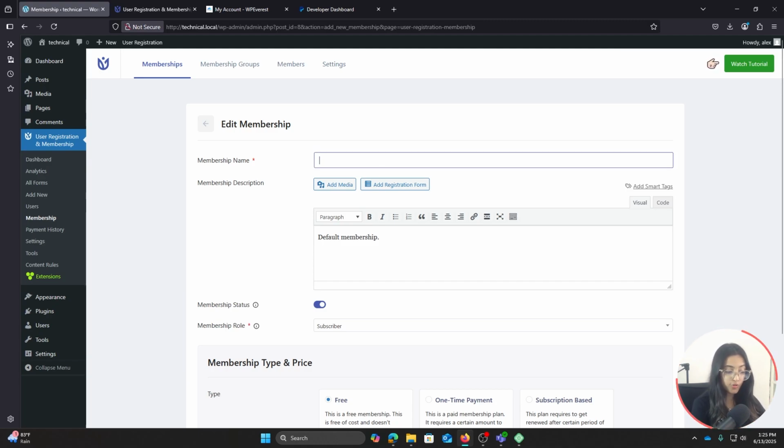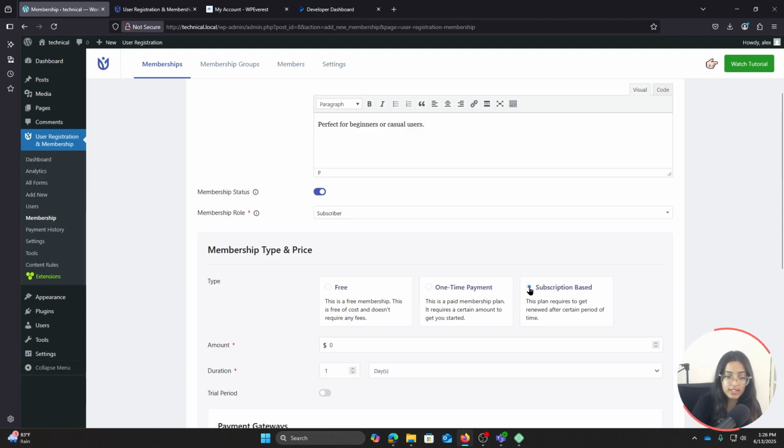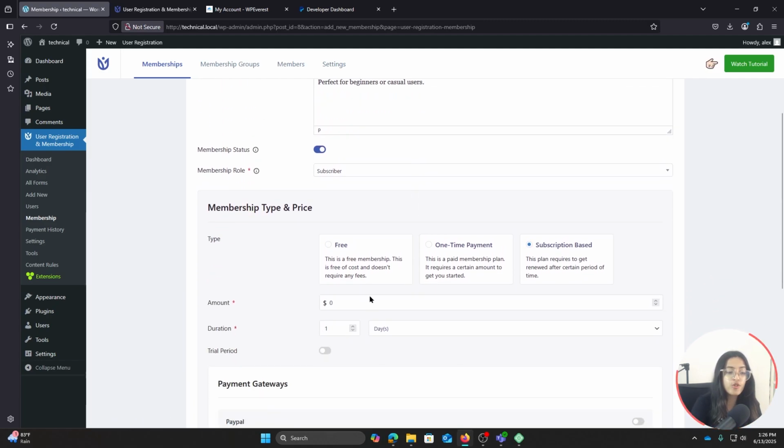So starting off with the basic membership, you can add a description to your membership. For basic membership, I'm going to write "perfect for beginners." So you can turn on your membership status, choose which membership role you want to assign, and set the membership type and price. There are 3 types of membership types and price, which are free, one-time payment, and subscription based. Since our entire video is based on subscription based membership, I will be choosing subscription based membership, where for basic